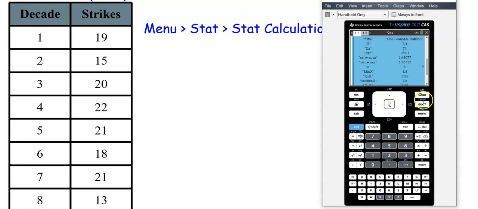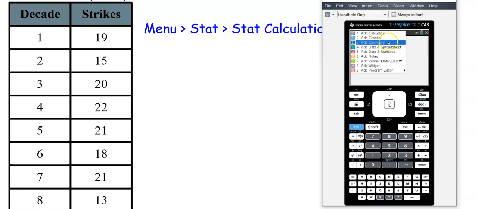Okay, so what I like to do is hit the doc key here and insert a new problem. What that does is now when I go to list and spreadsheet, it's on page 2.1. None of my old variables carry over at all. I kind of like doing that. Put your cursor up at the top, decade, strikes,